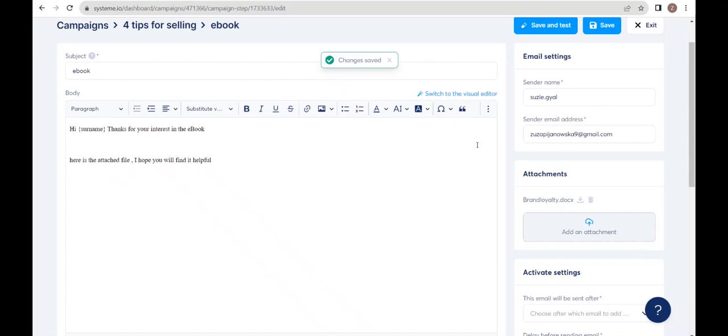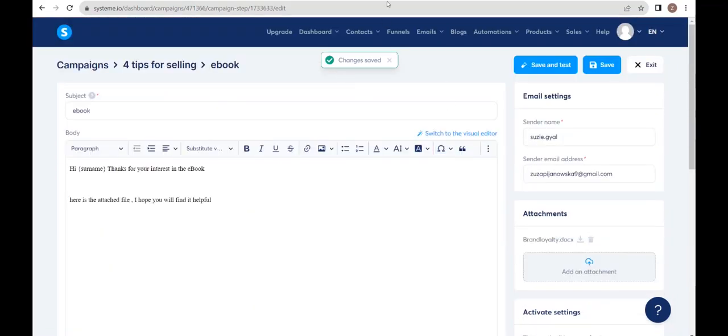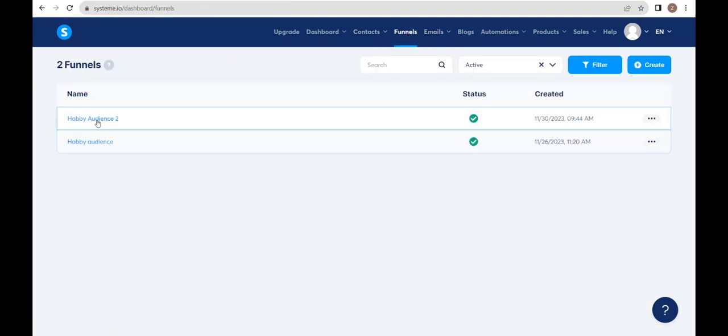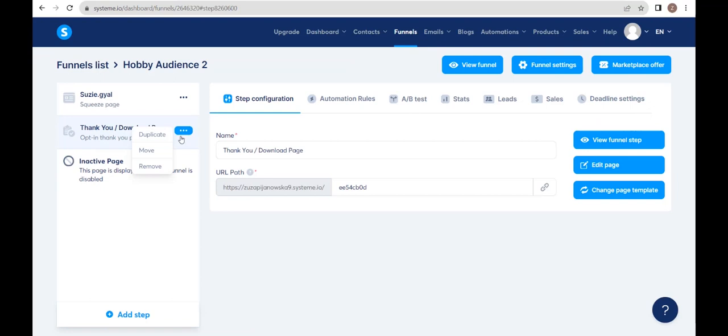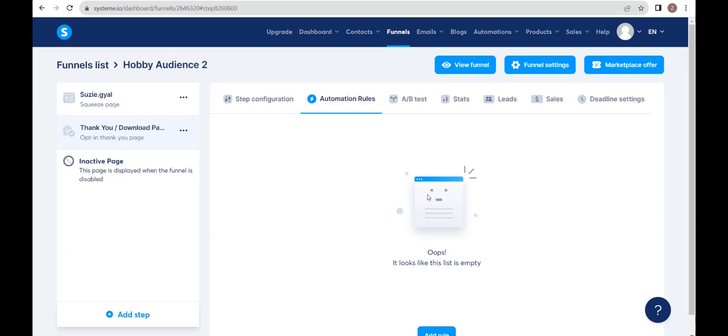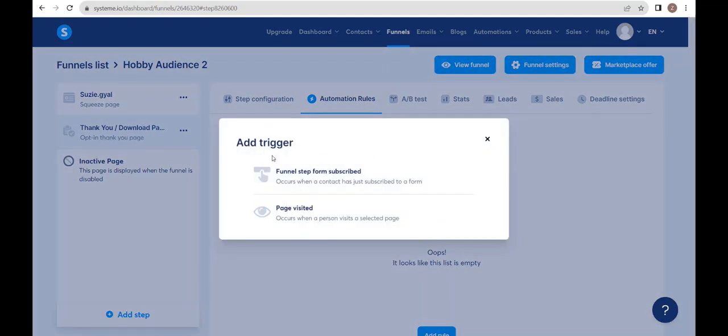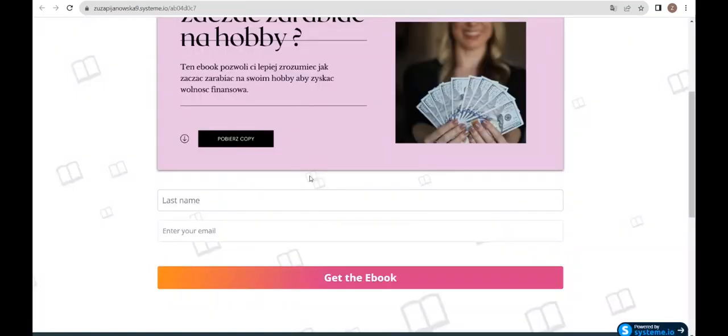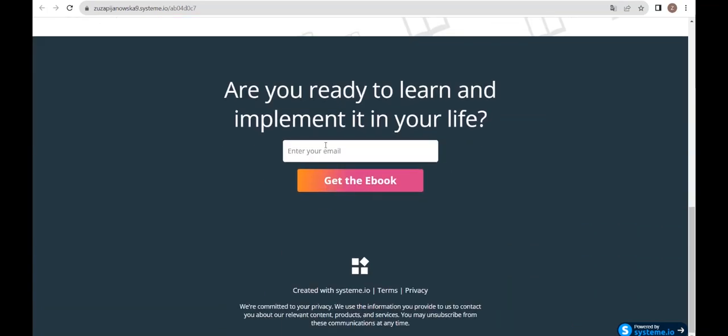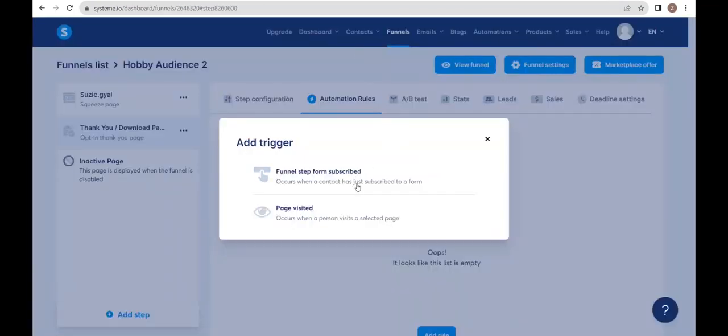Yes, click save. And then another thing you have to do is go to your funnel. Select your page, select your funnel, then here you have the automation rule. Here you can come and create your rule, add the rule, and when someone subscribes from our funnel to get an ebook, there will just be